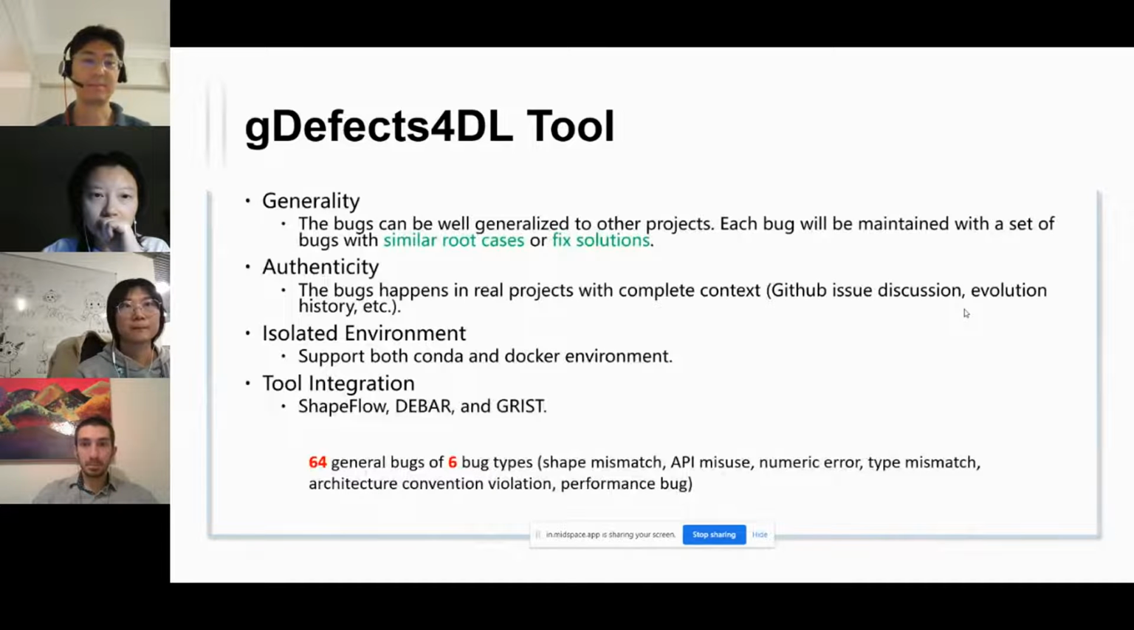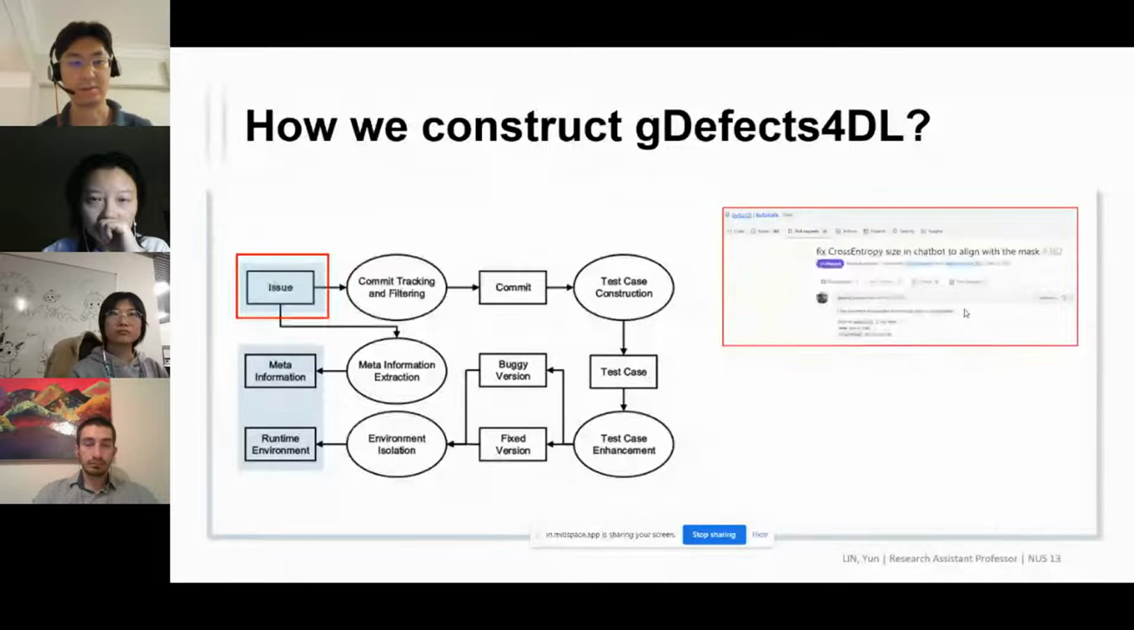And this dataset is not very large, but we say it is representative. It consists of 64 general bugs of 6 types, including shape mismatch, API misuse, numeric error, etc. On how we construct GTFX for DL, we follow this workflow. We first start the construction from GitHub issues, the closed GitHub issues,